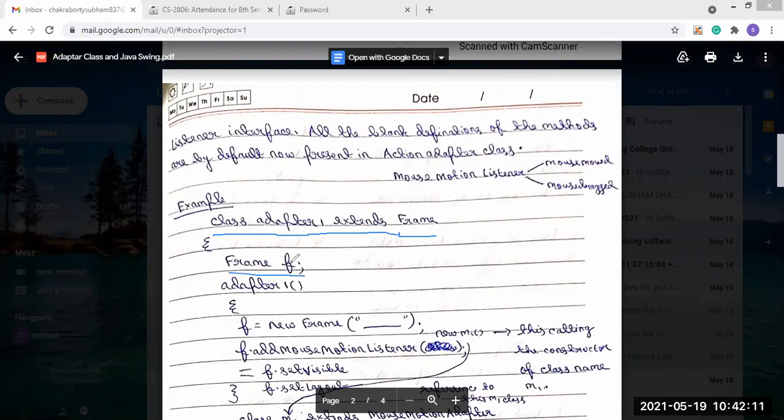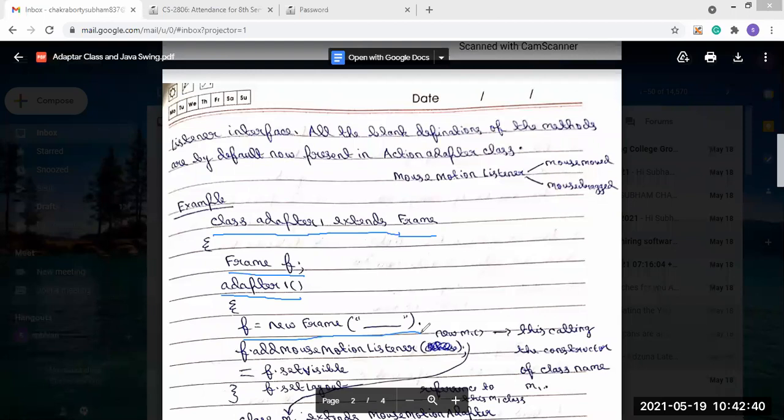So that's why I used Frame F, and this is the constructor of our user defined class adapter one. Inside the constructor we construct the object, so F equal to new Frame.